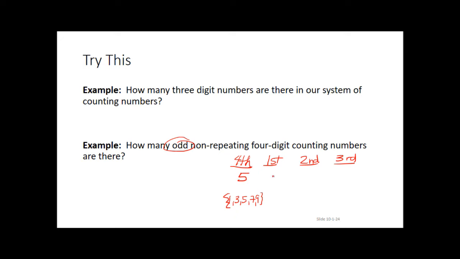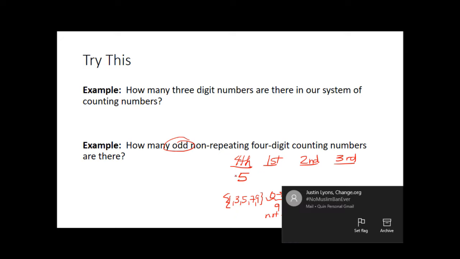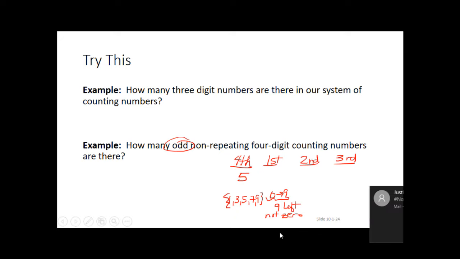For the first digit, we can use any number except for 0, right? But we've used one number and we're not allowed to have repetition. So out of the 10 digits, 0 through 9, there were 10 digits altogether. We've used one of them already. We've reserved it for the fourth digit. So there are going to be 9 left, but we can't use the 0. By the way, I know I didn't use the 0 for the fourth digit because that is,